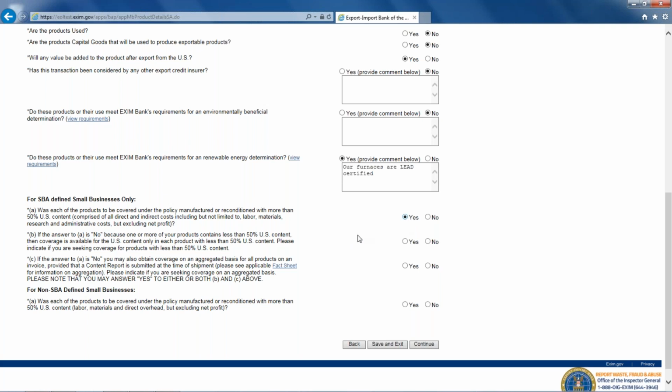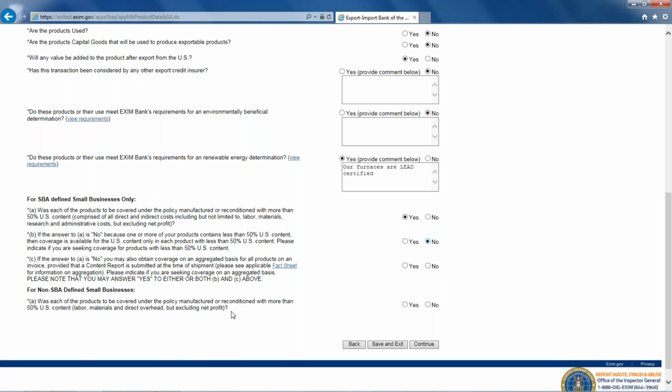And we're saying yes. It says in question B, if the answer to A is no, because one or more of your products contains less than 50% U.S. content, then coverage is available for the U.S. content only in each product with less than 50% U.S. content. So now it's asking you to please indicate if you're seeking coverage for products that have less than 50% U.S. content. And we're going to check no.